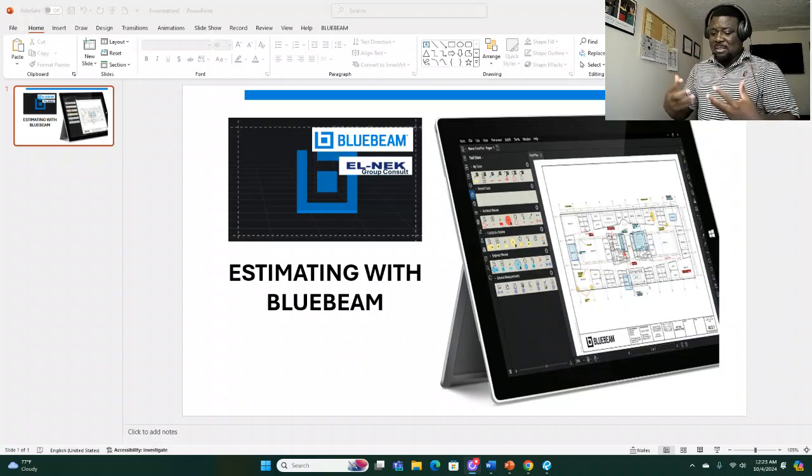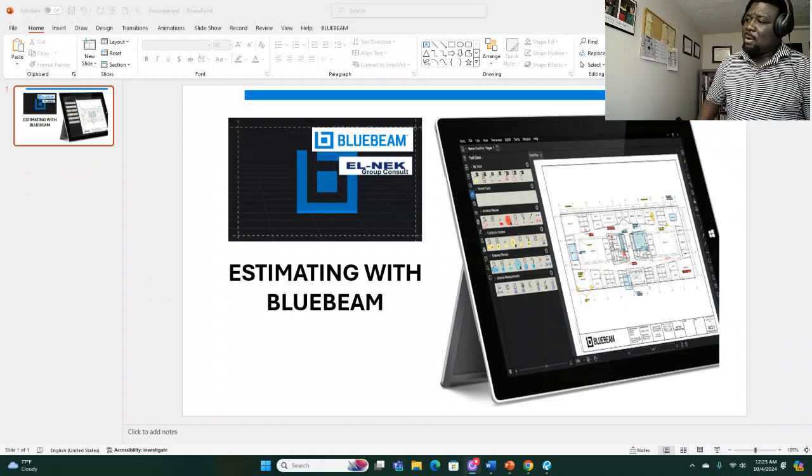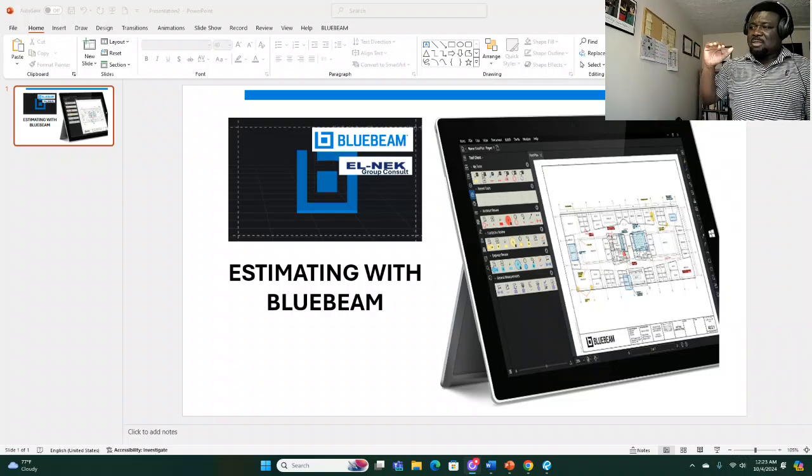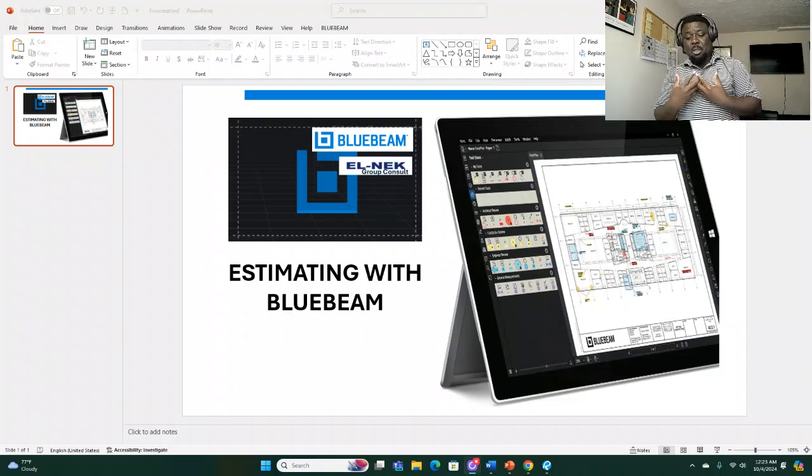Bluebeam will assist in your construction estimate so you can put together a proper bid to win a project or to organize the cost breakdown to be able to use that to follow and execute your project in meeting the budget, which is one of the main constraints when it comes to managing your construction project. Again,